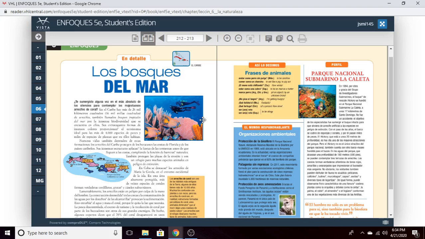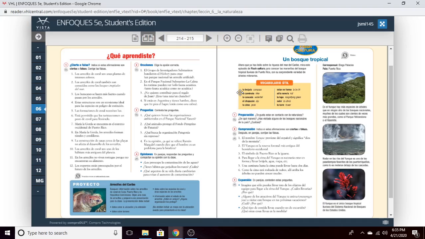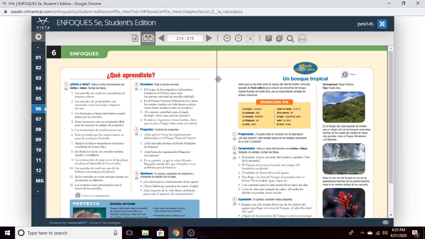I skipped that, but it's El Bosque Tropical, like a tropical forest or a tropical rainforest. This one in particular is El Yunque, which is in Puerto Rico, but a lot of Central and South America is tropical rainforest, these really dense, humid, wet forests where a lot of species of animals and plants live. And so a big issue is when these countries cut down the rainforest for the economy, it helps the economy, but it hurts wildlife. So it's kind of this catch-22.